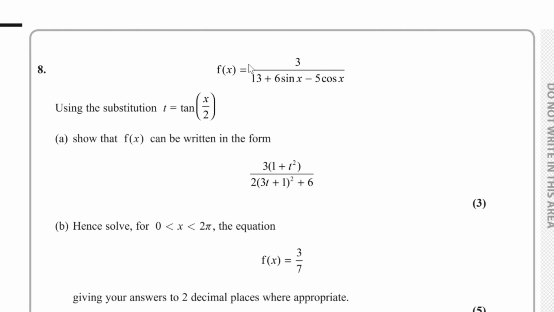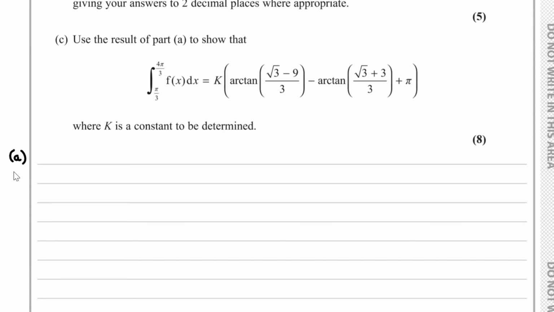Question number 8. Given that f(x) is equal to 3 over 13 + 6 sin x − 5 cos x, for part A, we have to show that f(x) can be written in the form 3(1 + t²) over 2(3t + 1)² + 6. So for part A,